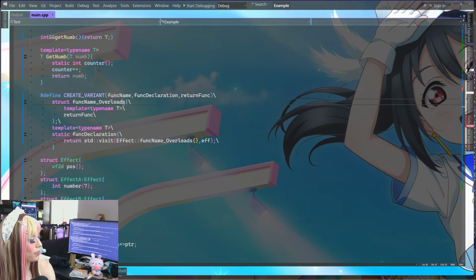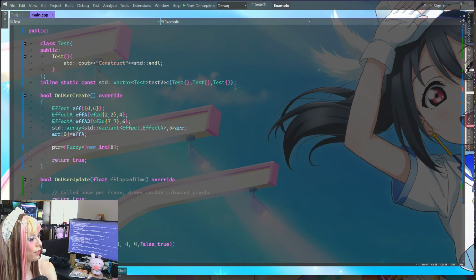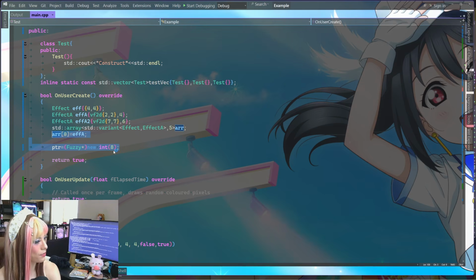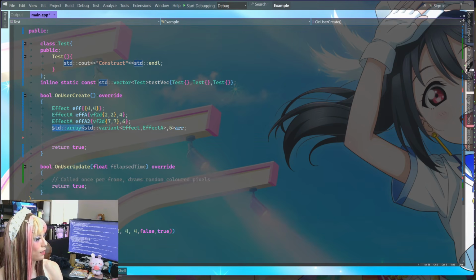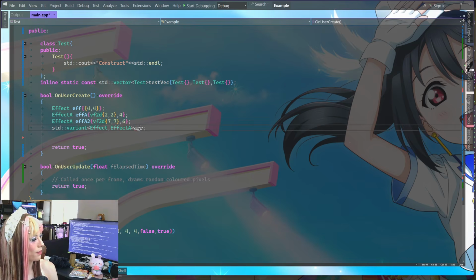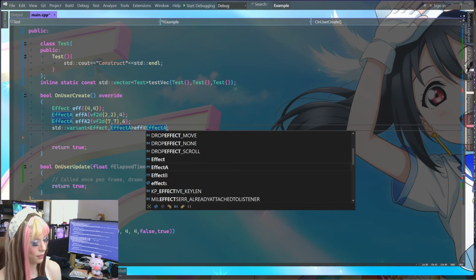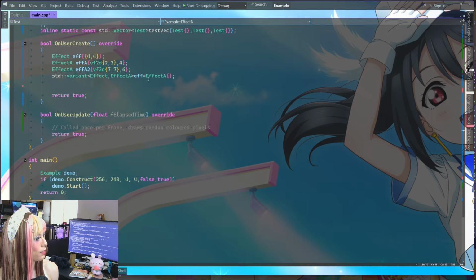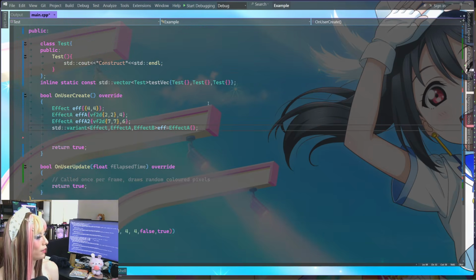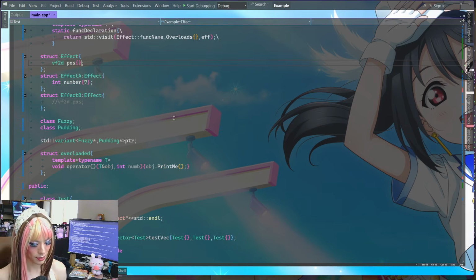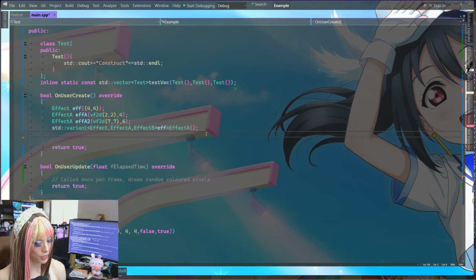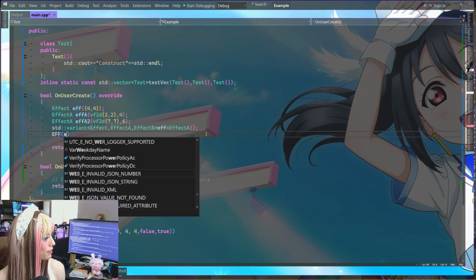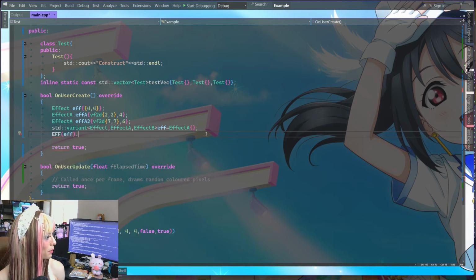It would auto create the variant function based on what effects were in the variant and what I supplied, so that when I did, let me see, this is just std::variant with some kind of effect, it doesn't matter what it was. Let me just set it to effect A, but we can also have an effect B, which is also derived from effect, and so then we had the ability to change it, right? If we did EFF effect, we could do dot number.